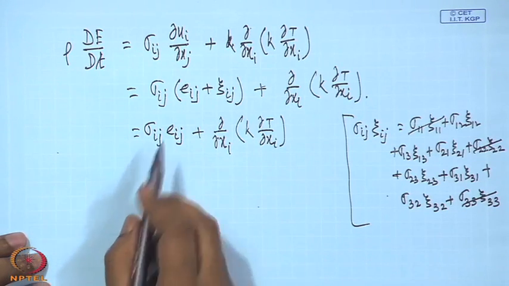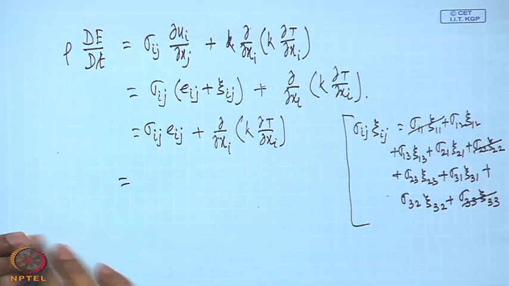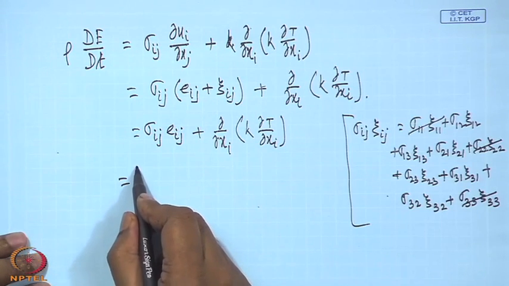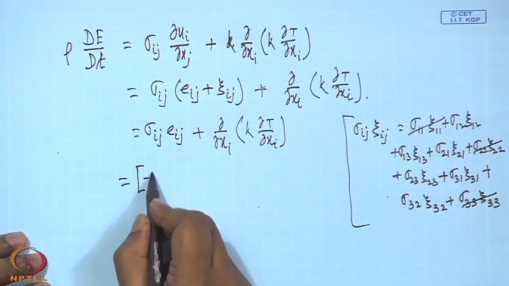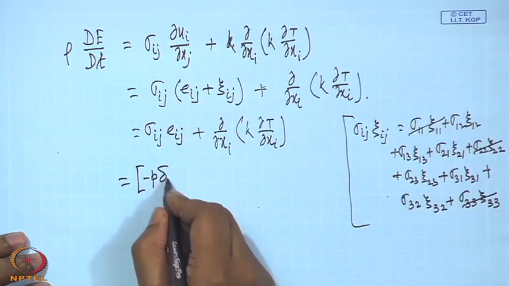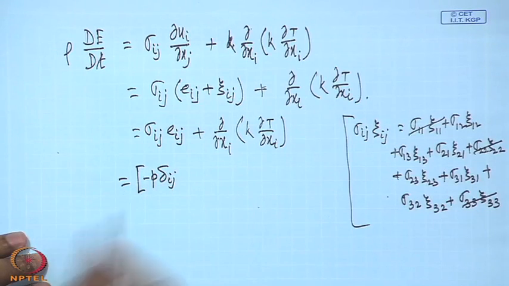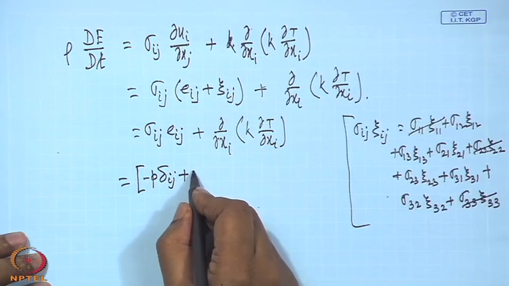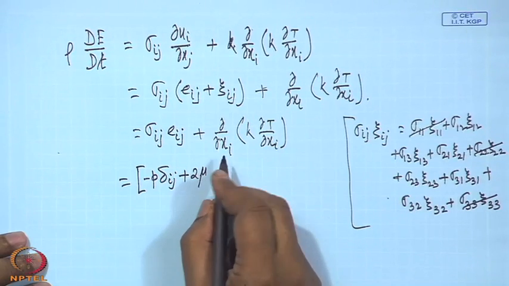Express or replace sigma ij by what we have already found. Sigma ij we have already found as minus p delta ij plus 2 mu